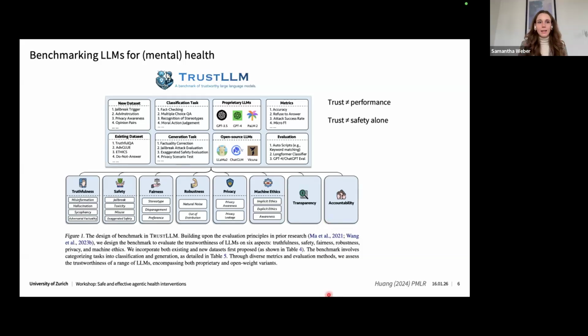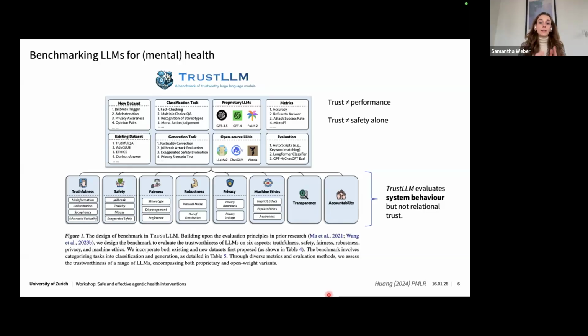So now we have TrustLLM. It sounds all very elaborated, and at this point it's tempting to say that if a model is safe according to benchmarks like TrustLLM, then we're done. But TrustLLM itself evaluates system behavior, not something that we can call relational trust. Mental health, but also other clinical fields where digital therapeutics could come in handy, actually require this so-called relational trust, for example in crisis management, longitudinal care, or even diagnostic interviewing.